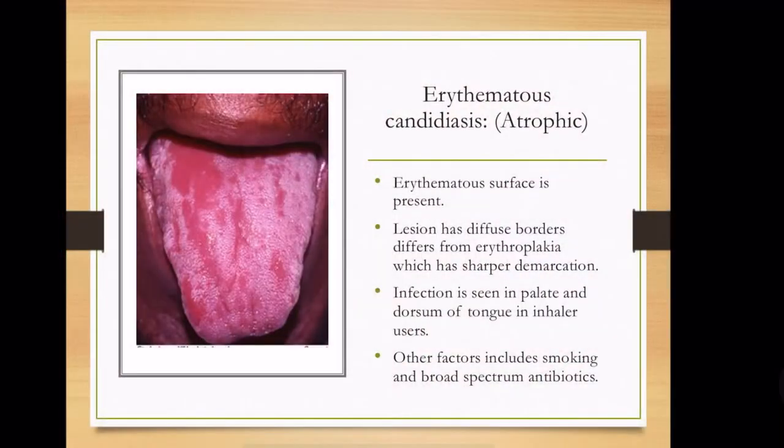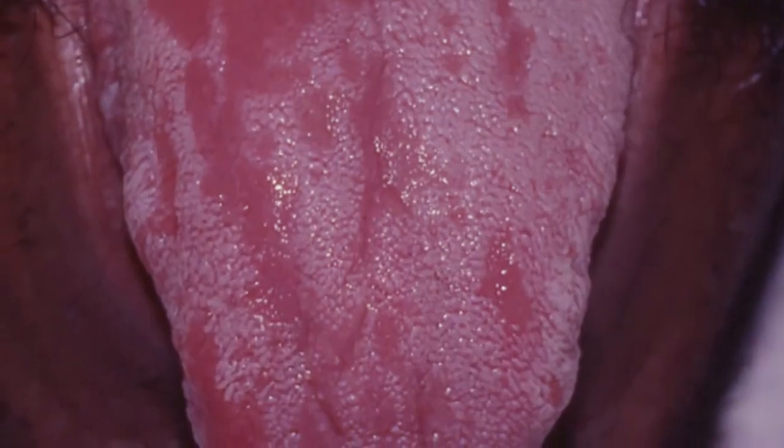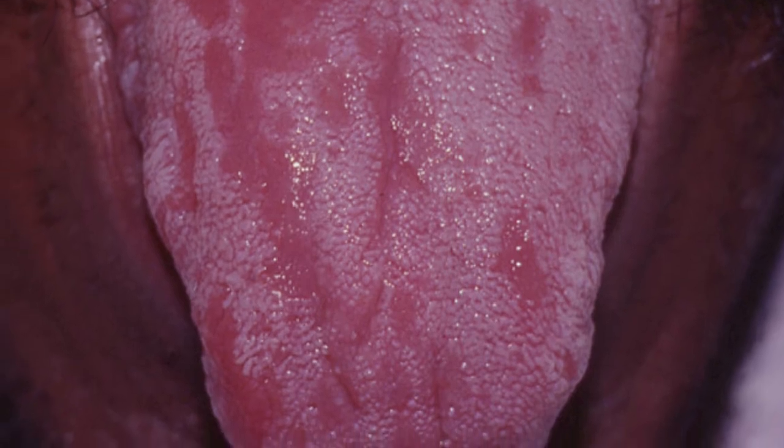Moving on to the next type, which is the erythematous or the atrophic candidiasis. As the name suggests, there will be more erythema or redness, and it differs from erythroplakia, which has a sharper demarcation. And the infection commonly occurs in the palate and dorsum of the tongue, especially in steroid inhaler